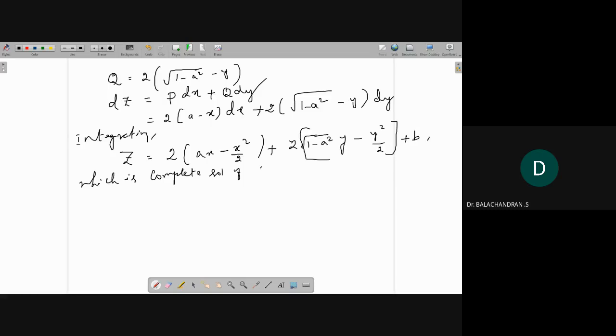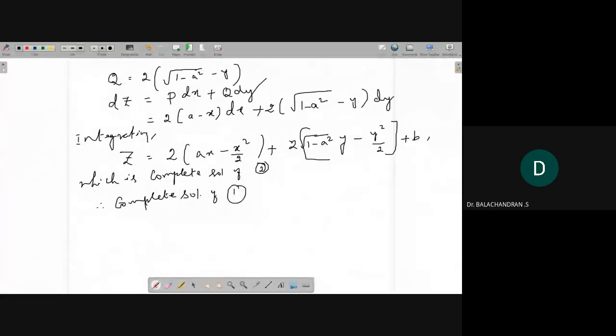Of equation 2. Now I need a complete solution of equation 1. So the only substitution is capital Z. Capital Z equal to, you can check it. Please tell what is the substitution for capital Z. Z square. Yeah, Z square. Complete solution of equation 1